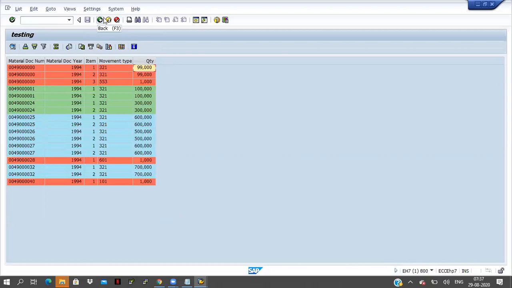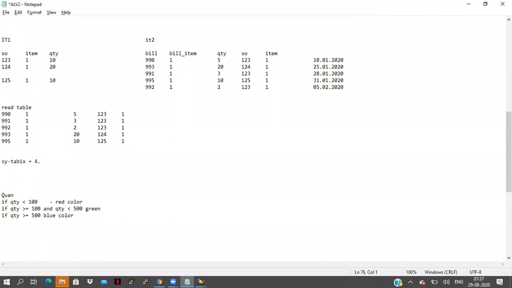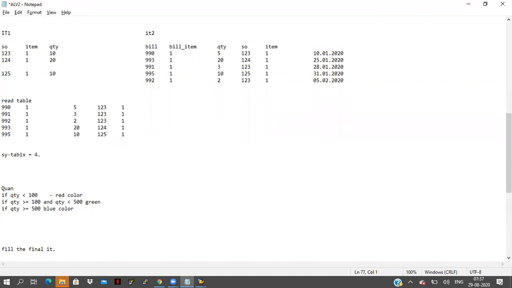So what I'm doing here? First of all, fill the final internal table. I'm filling the final internal table by using select queries, fetching data.